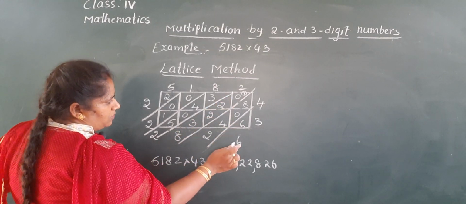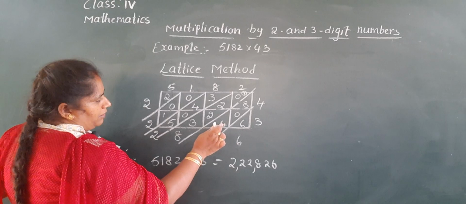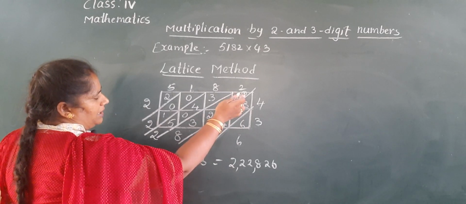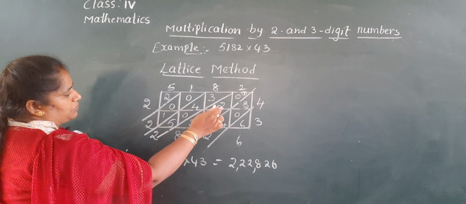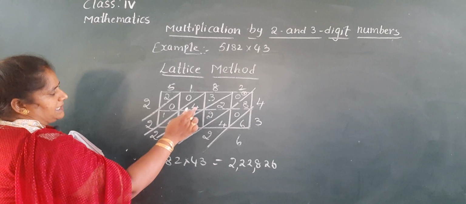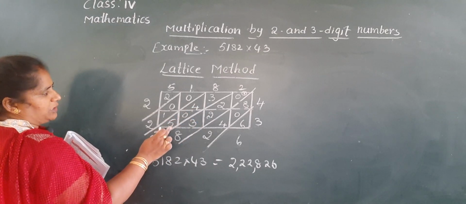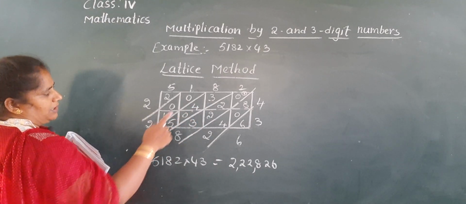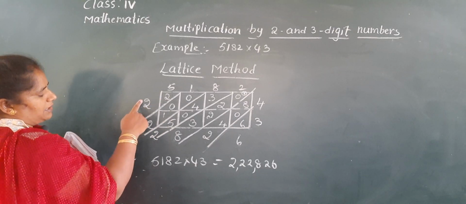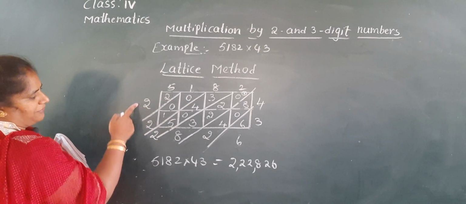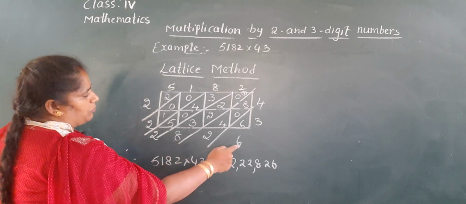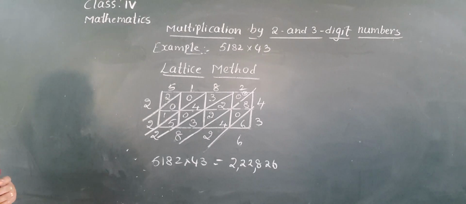In this box, 6 only. Here 8 plus 4, 12. 1 in hand, 2 is down, or otherwise you write the 1 up. Next number 1 plus 2, 3. 3 plus 2, 5. 5 plus 3, 8. 3 plus 4, 7. 7 plus 5, 12. 1 in hand, 2 is down. That 1 plus 1 equal to 2. Okay. Here 2 only. Now we arrange these numbers from left to right. 2,22,826. Note down in your classwork neatly, children.